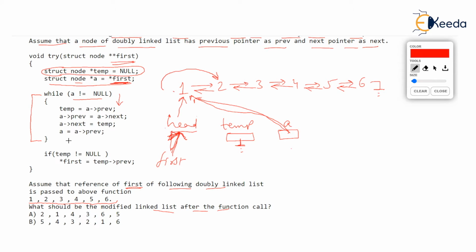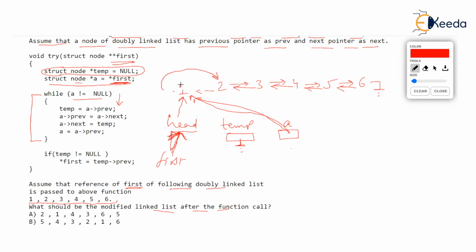A arrow next should be equal to temp. Watch out. A arrow next. This next. One's next should become equal to temp. But what is temp? Temp is null. Yes, temp is null. So the one's next will become null. Yes, everyone. A arrow next, that is one's next, should become equal to temp, but temp is null. So this one's next, which was pointing at 2, will not point anymore to 2, but one's next, oh, I'm so sorry, but one's next will become null.